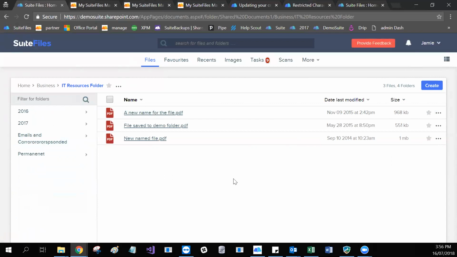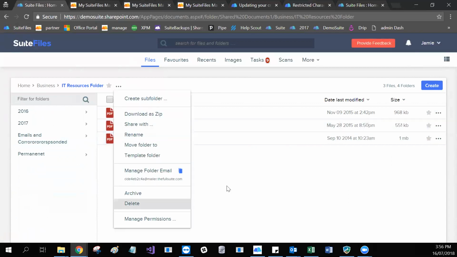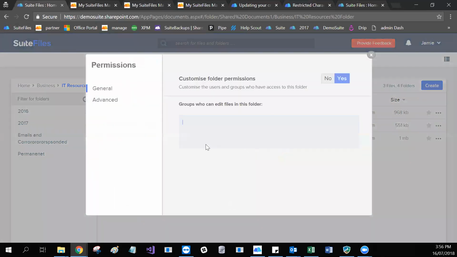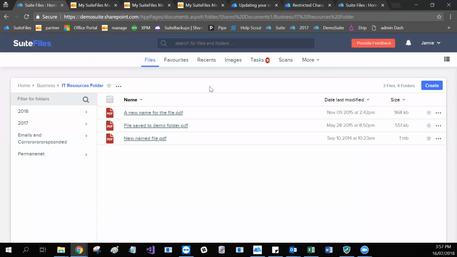We would go into the folder like so, we'd click on the three dots to bring up the folder options, we'd click the Manage Permissions button, and here we would enter the name of the security group, like so, select that security group, and this basically says that only the users within this security group can actually access this folder,